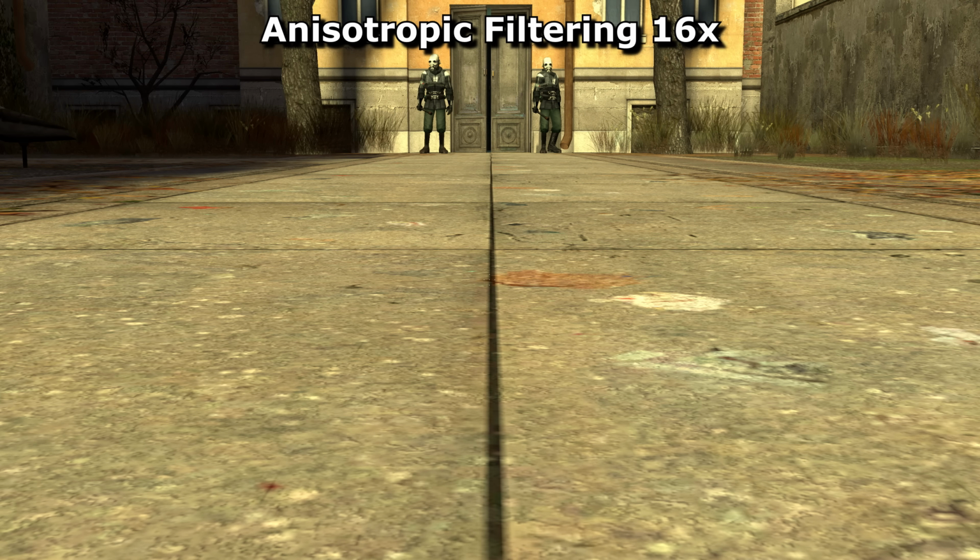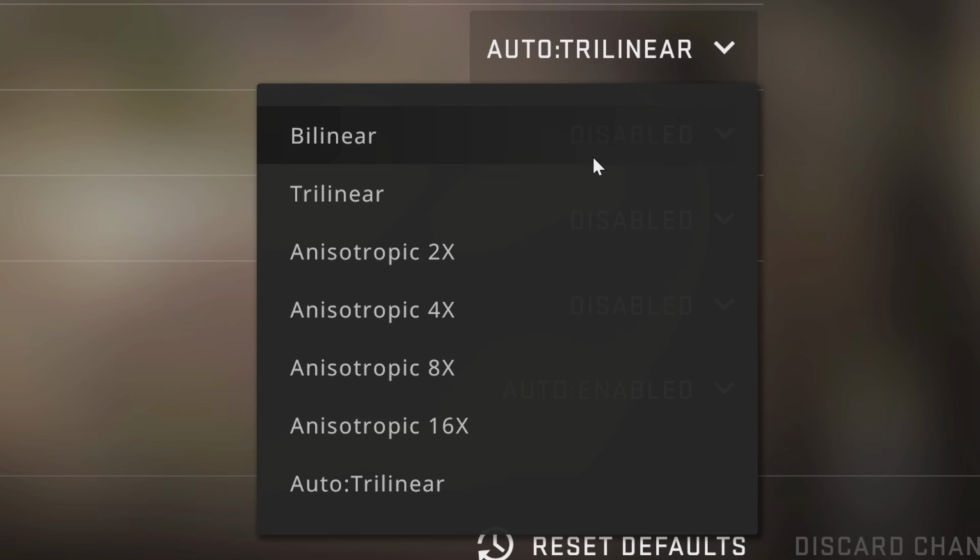You can see in practice, going up each setting improves the draw distance of the textures, giving them a sharper look further out into the distance. But even 16 times has its limits. So what if you want more than 16 times? Tough. The world has decided that 16 samples per texel is as high as you should crank this setting.